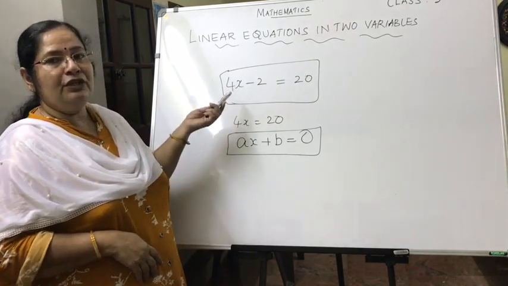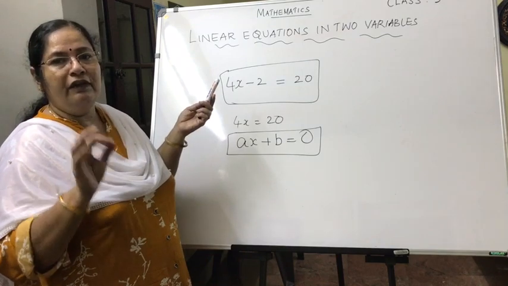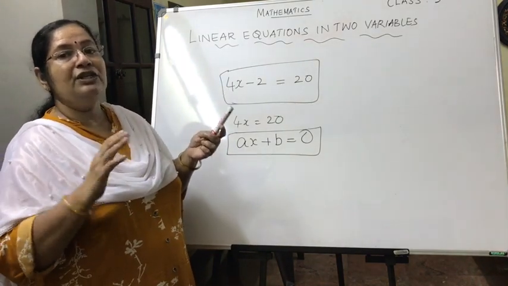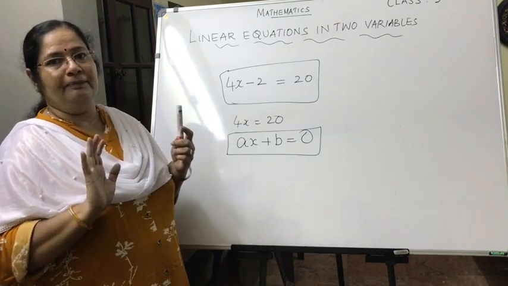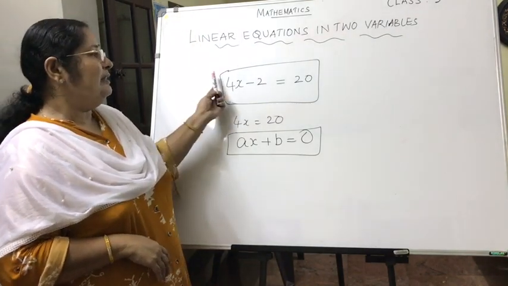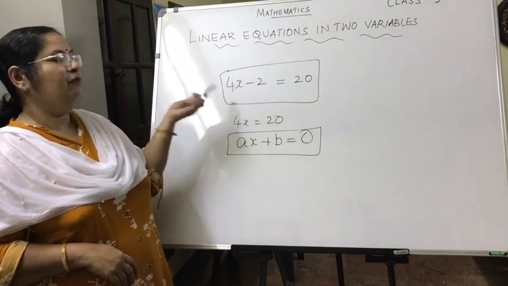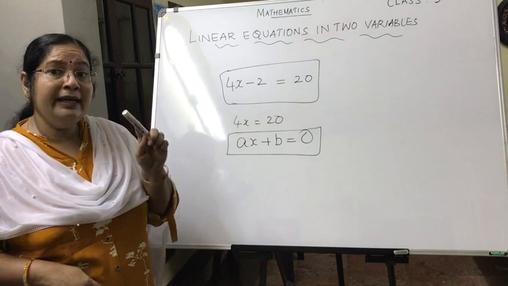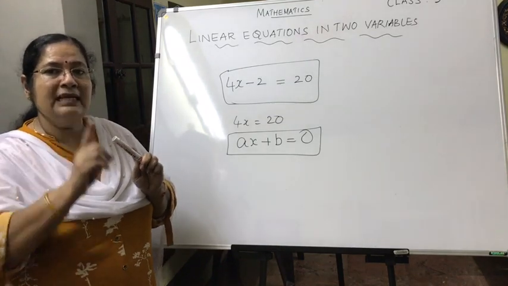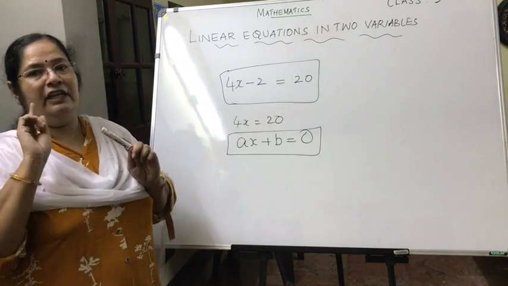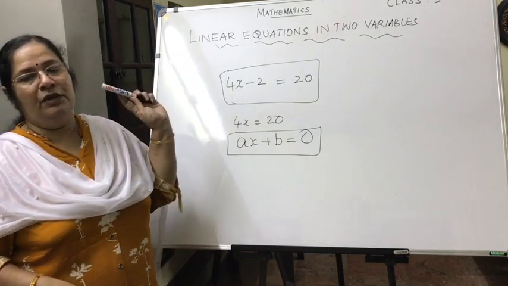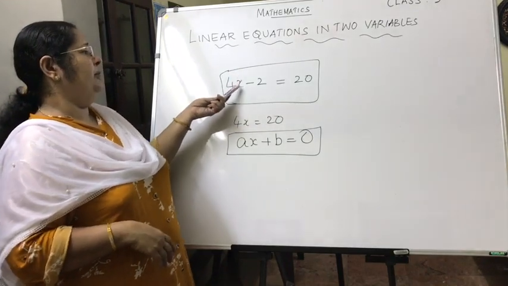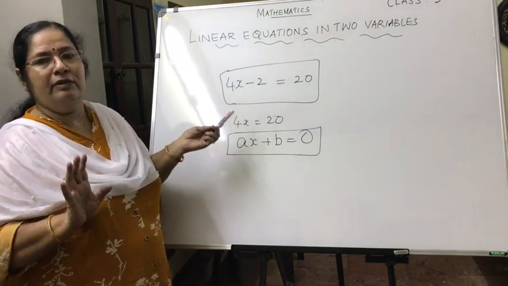So what is the solution for a given equation? The value of the variable which makes the left hand side and right hand side of the equation the same is called its solution. In a linear equation in one variable, there can be only a unique value. Unique means only one single value for the variable which makes both sides of the equation the same. Not all values.